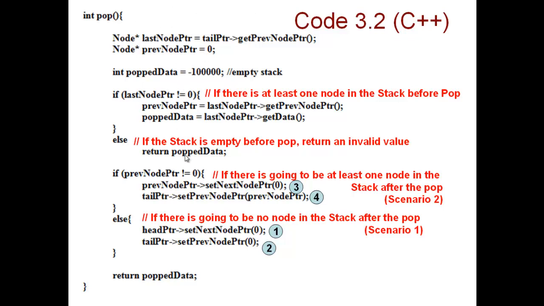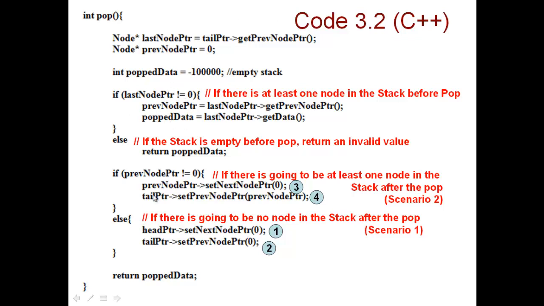So try to get the address of the node previous to this last node. So previous node pointer, which is initialized to null, gets the address of the node previous to the last node. Okay, and then also get the data of the last node. So last node pointer arrow get data will now set the value of pop data. So why do we do this? We want to check whether the stack is going to become empty after the pop operation. So that's why I'm trying to get the address of the node previous to this last node, which is stored